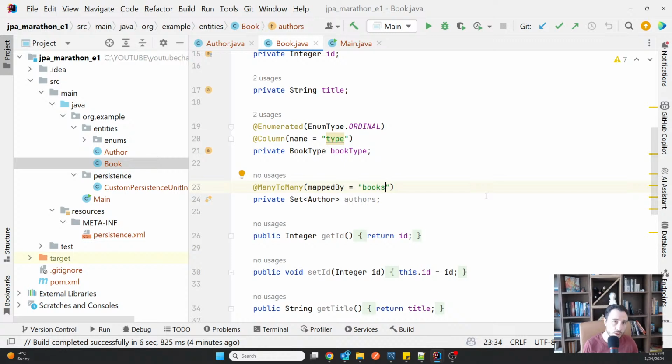Not all your relationships need to be bidirectional. But remember that bidirectional relationships give you the possibility of writing queries from both sides. So if that's what you need, then you will only be able to achieve that with a bidirectional relationship. So this is a summary of the last hour, whatever, when we discussed relationships.